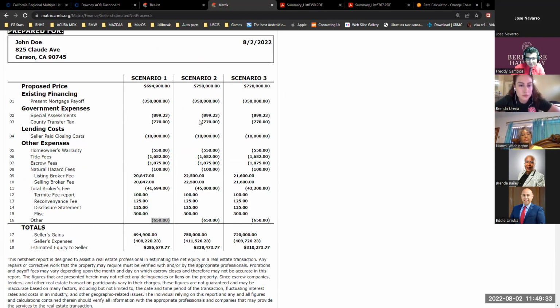Any questions on this net sheet? Okay. On record or off record, do you think that it's okay, I mean, do you suggest running 3 scenarios when approaching a seller, or do you suggest sticking to one? Because I hear different views, like don't give them too many choices. Right. Well, again, Ms. Bailey, keep in mind that nowadays, sellers still have the mindset and the mentality